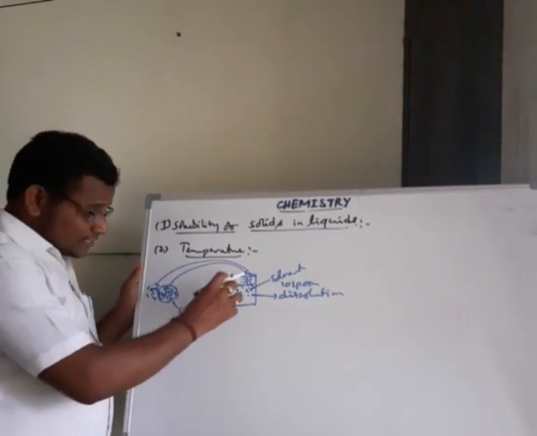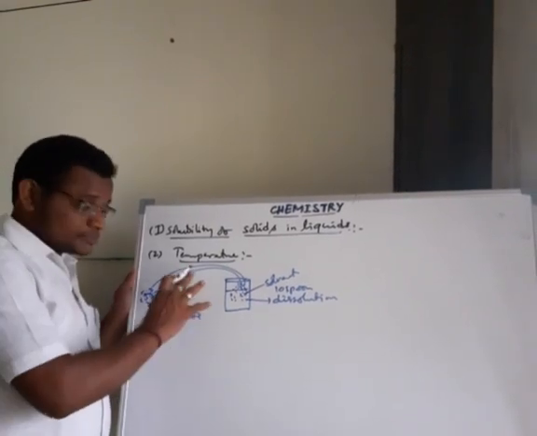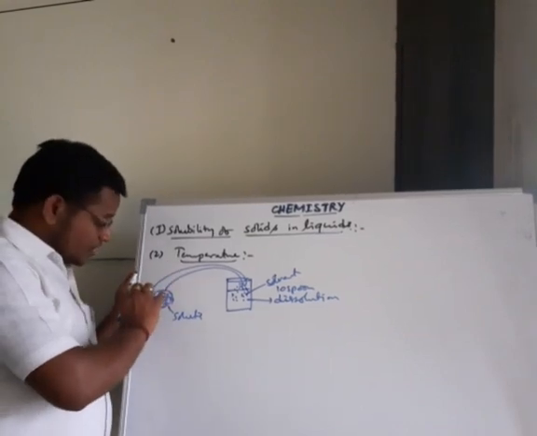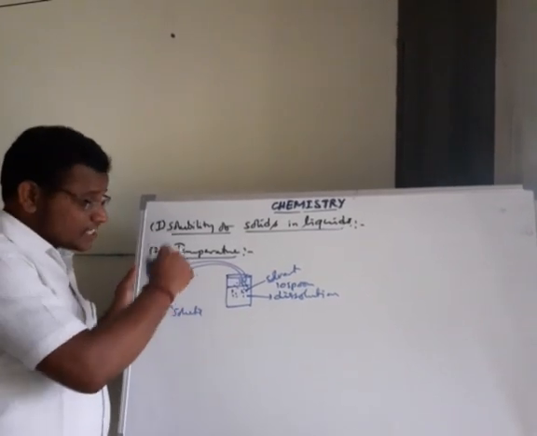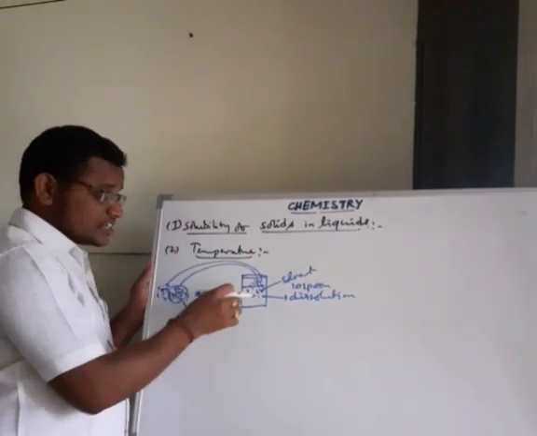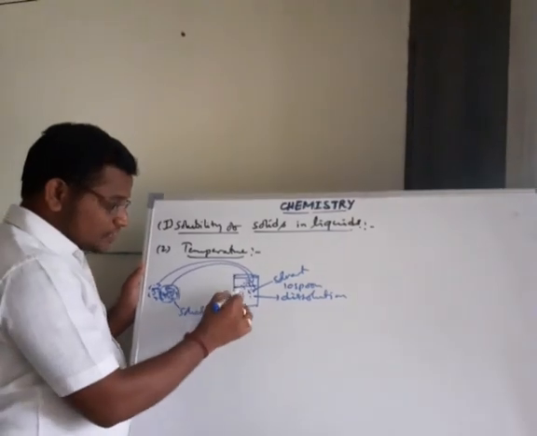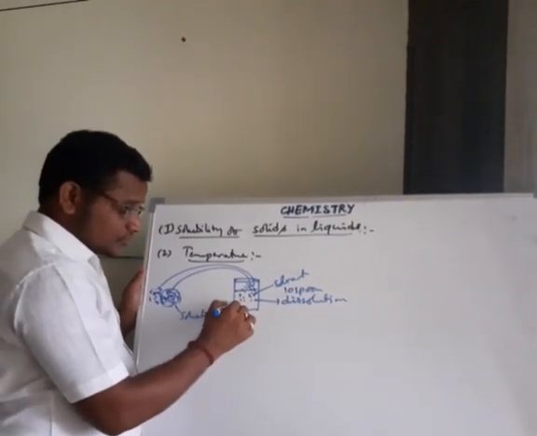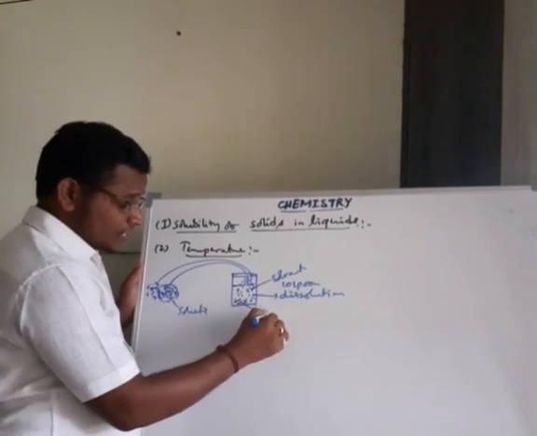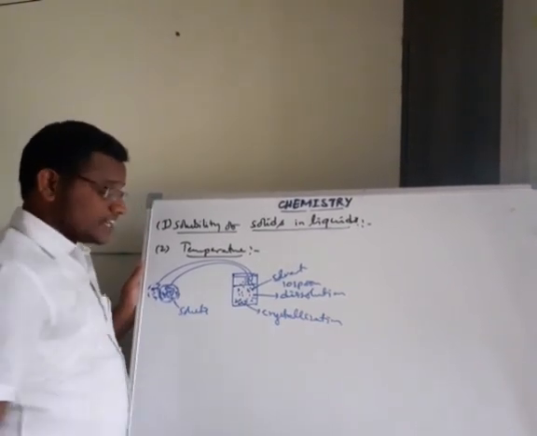Why? Its solvent capacity is completed. 10 spoons of the solute are dissolved to form a saturated solution. After that we are adding the extra amount of solute, in which only a very small fraction of the solute particles dissolve. The remaining particles are undissolved. The undissolved solute particles collide with each other and separate out in the form of crystals. That phenomenon is called crystallization.